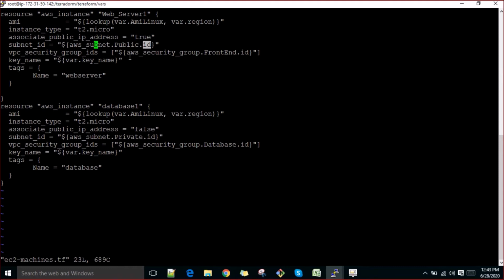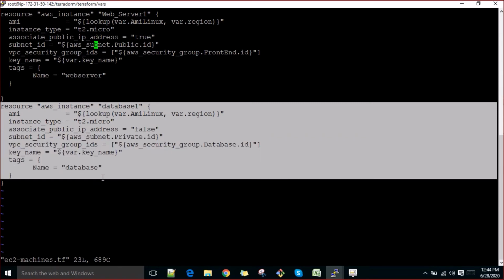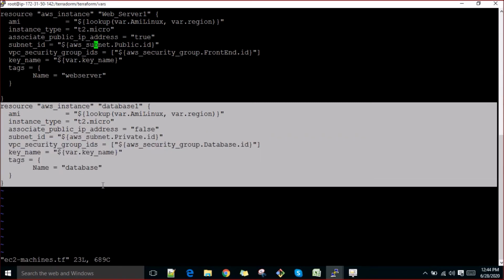So again you are calling that variable, aws_security_group, this is the name of the resource. Frontend was the name of the security group, and the ID we have given. Key name is again what we have just defined in the variable file. That's what we are giving here, var.key_name. It will be picked up from the variable name, and the tag we have given here. The same we are doing here in the case of this instance.